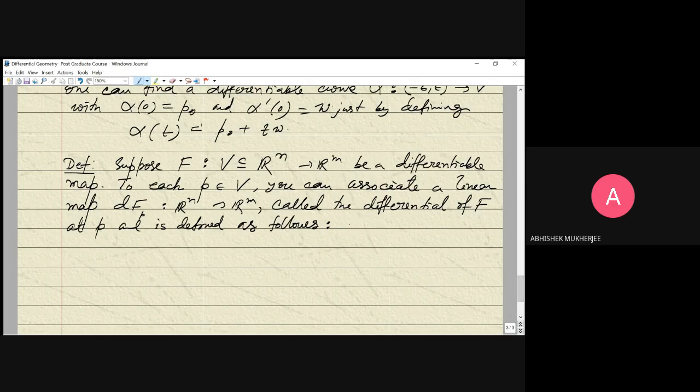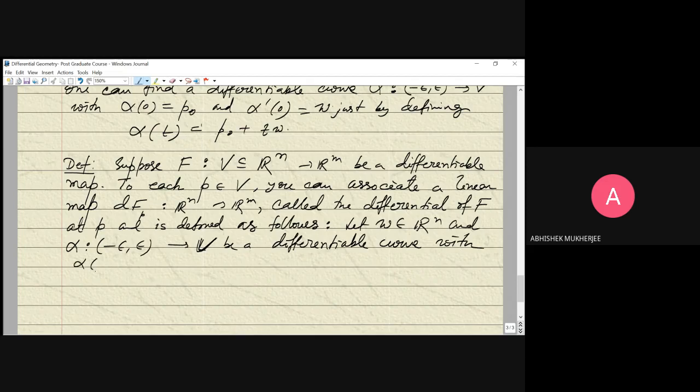Okay, so the definition looks like this. Suppose you have a W belonging to Rn, and alpha is a parameterized curve from minus epsilon to epsilon into V, a differentiable curve, with the condition that at 0 it will be P and the tangent vector will be W. Okay. Then by the chain rule,